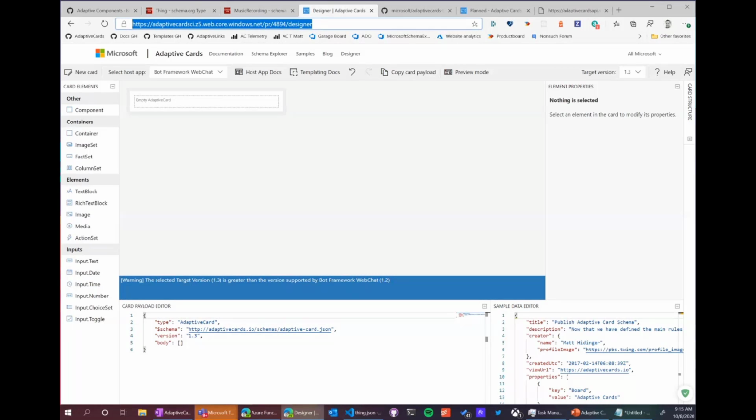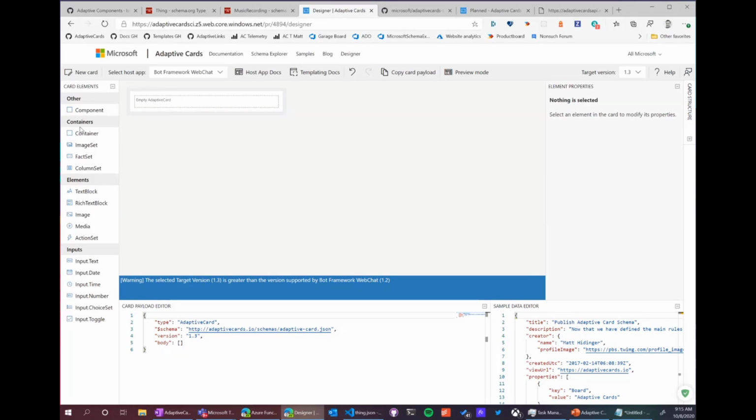I will admit you'll see some slowness with the service and whatnot. This is very much pre-alpha. You're getting a live demo and we'll slowly iterate on it. So expect us to work through this over the next little bit, but we wanted to get something for you for today. Okay, so what I've done, I've pulled up the designer, I've clicked new card, and we're now at